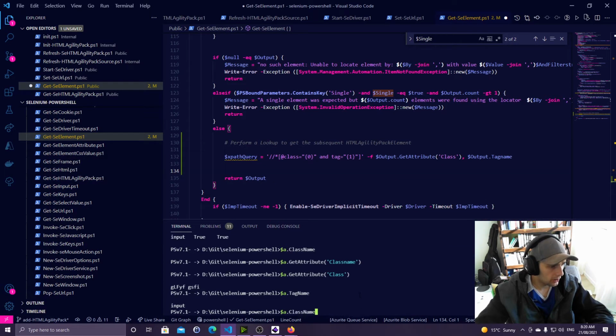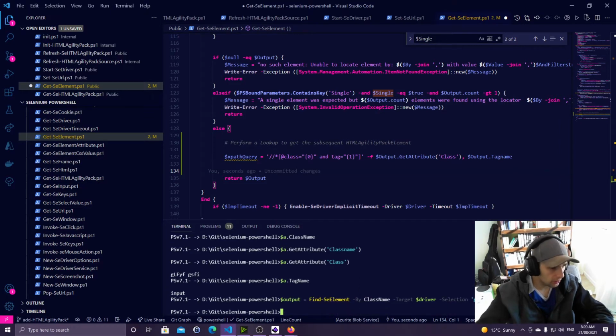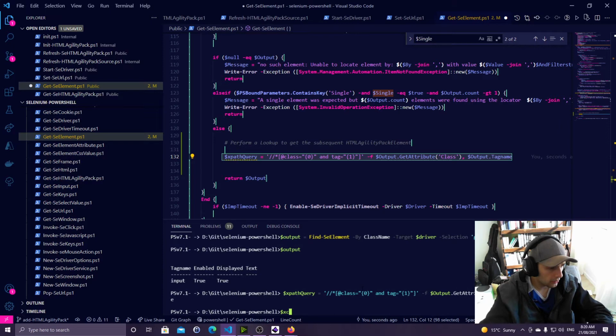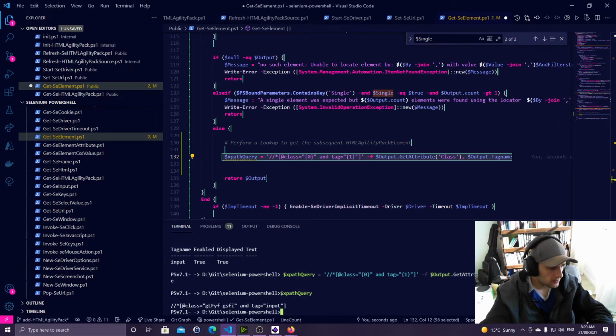And what we can do here, let's make this output. Okay, do that. So now we've got output. We should be able to have a look at our XPath query, see if this actually works. Okay, so now what we can do is go output wrap driver HTMLAgilityPack document node find